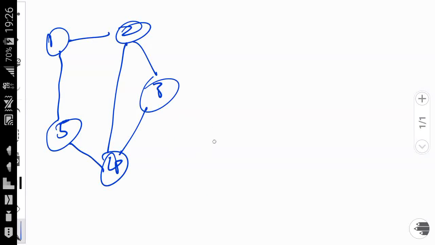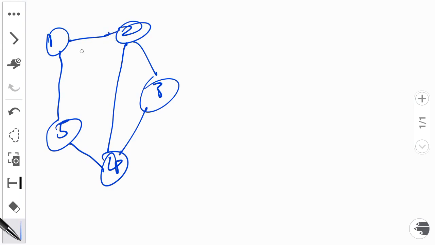Hello, so I'm going to be giving a quick explanation of how breadth first search works. So let's assume we have a graph like this and we want to run breadth first search on it. Basically, the first thing you want to do is, in breadth first search we use a queue. So let's say we have a queue such as this,